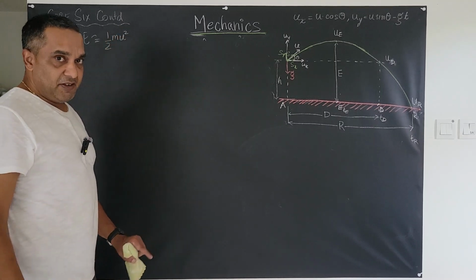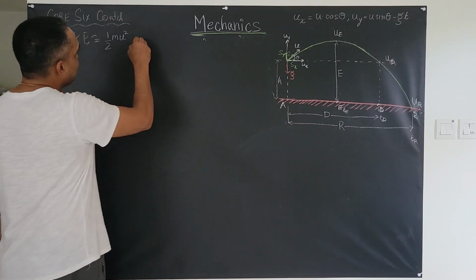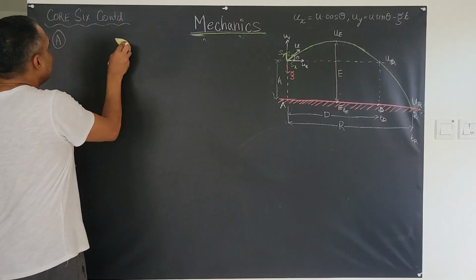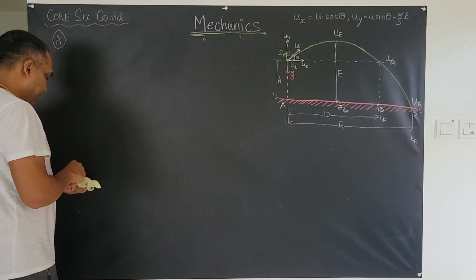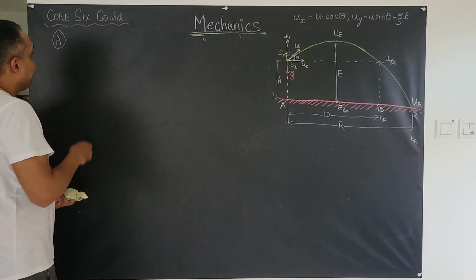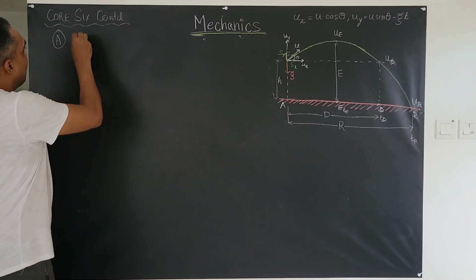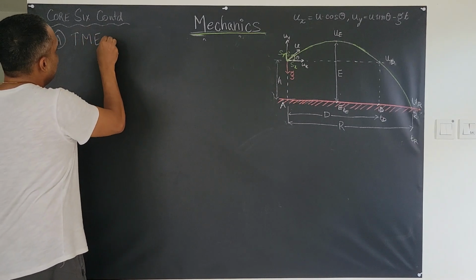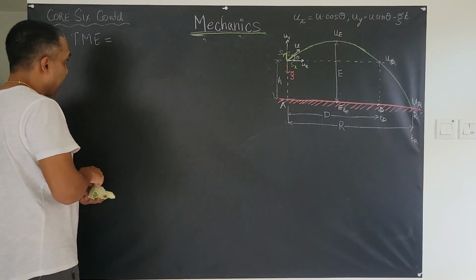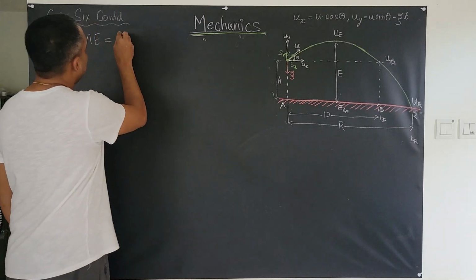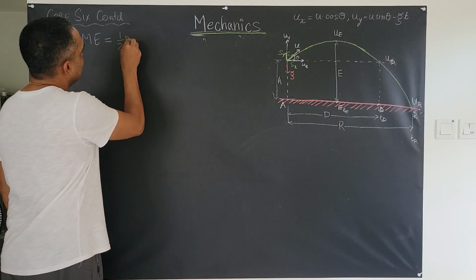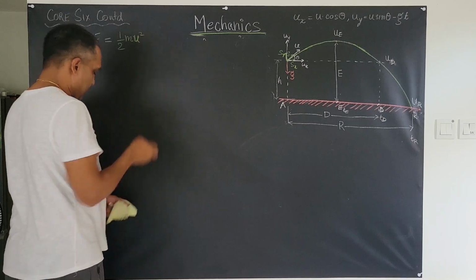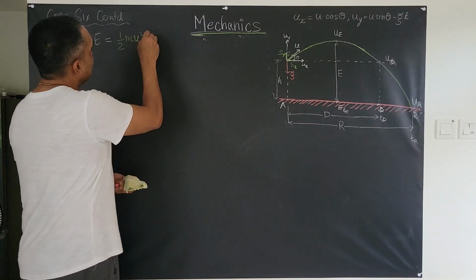I'm using absolute values, not using the vector, and I have potential energy, PE. Maybe the right way to do it is just summarize. I'll add the two of them. Maybe I'll write total energy, total mechanical energy, is equal to, let's just say kinetic energy, half m v squared, plus